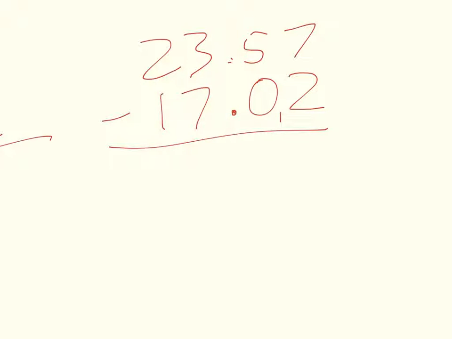Now let's subtract. 7 take away 2 is 5. 5 take away 0 is 5. Bring down our decimal point. 3 minus 7, well, we have a smaller number on top. We can't take 7 from 3, so this is going to become 13. We'll regroup, and the 2 will become a 1. 13 minus 7 is